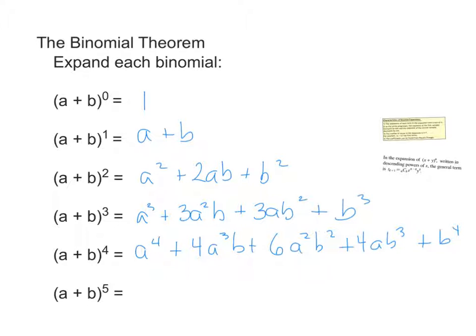But if the question was just to expand a plus b to the power of 5, you have to do all of that other work first and then multiply by a plus b, which is like a lot of work, right? But there is a shortcut here. It has to do with